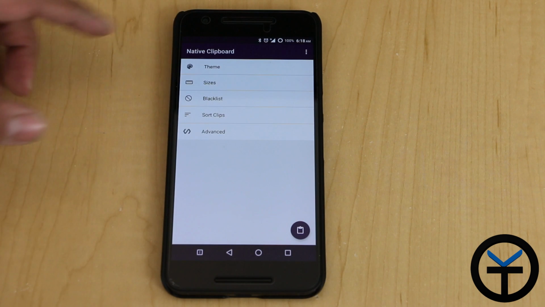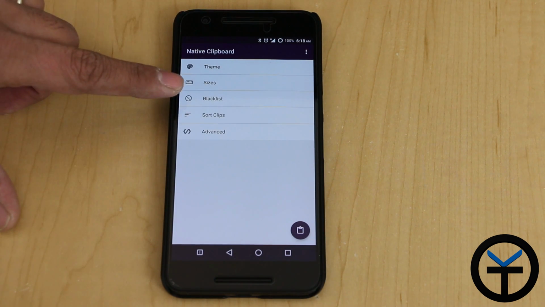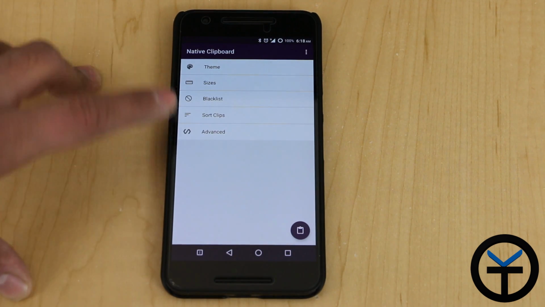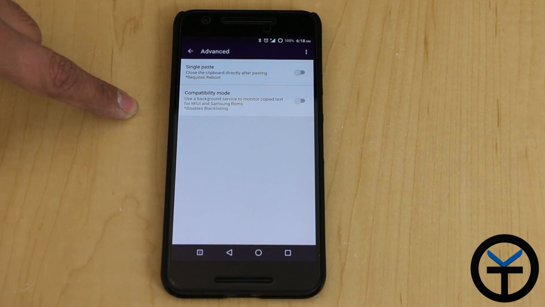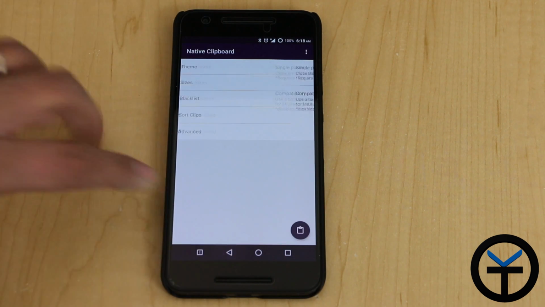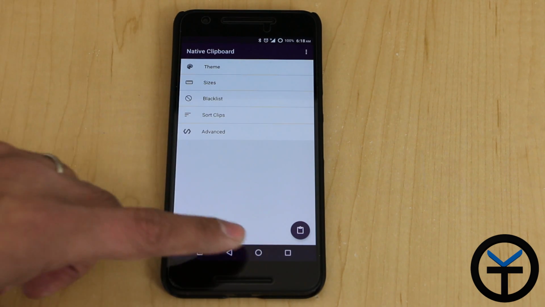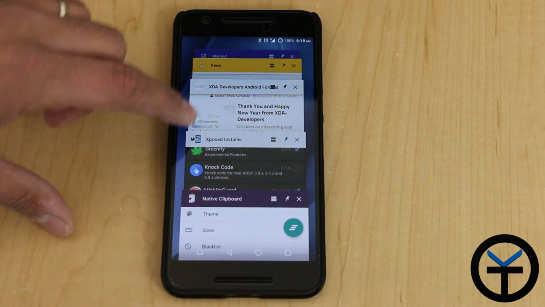The interaction with the unit itself is pretty simple. You can customize the size. You can also go in there and blacklist the applications where you don't want it to show up, and then sort clips by. And of course, in advanced, you can go in for single paste as well as the compatibility mode if you're having issues with it. This is running on a pure Nexus ROM, so definitely make sure that your ROM is compatible. But to make sure that it does work, we'll go ahead and open up